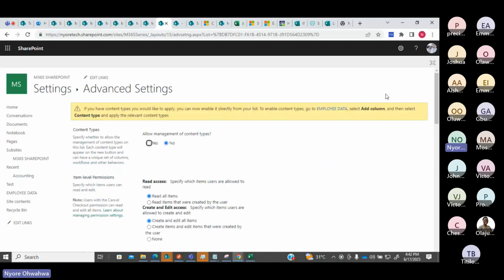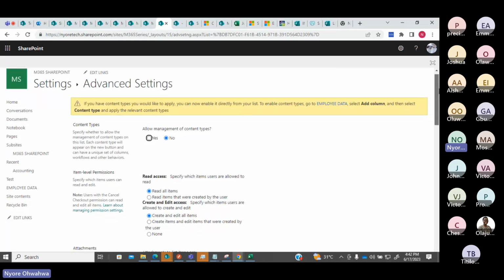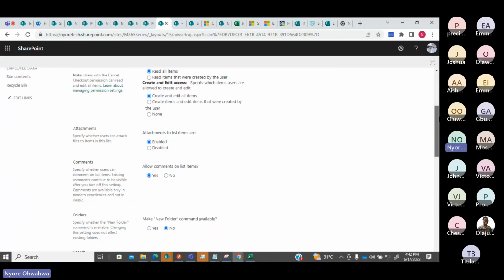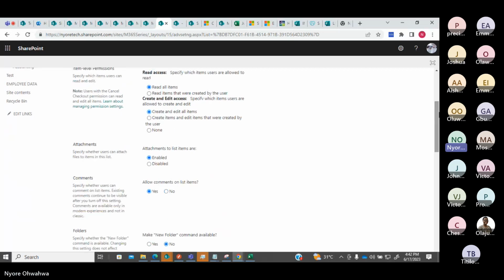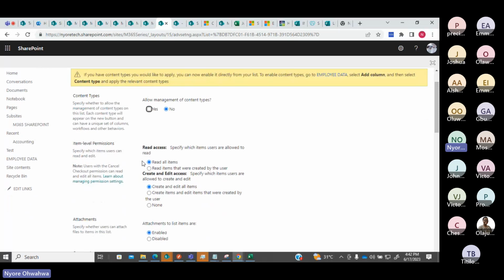So for example, I want to share this list to users, right? To be able to fill by themselves. I don't want to do the job of filling the details for everybody. So create items. Okay, so you see this option. This is a very important option, read access.